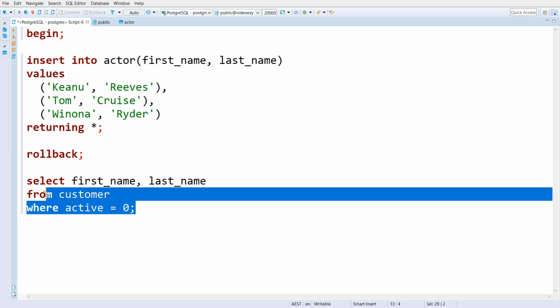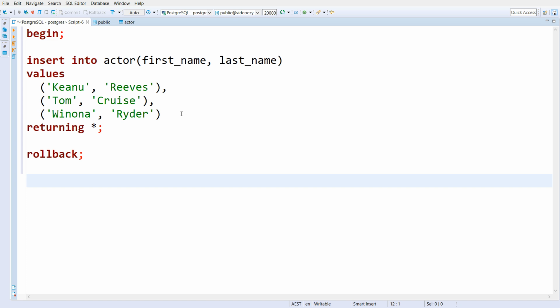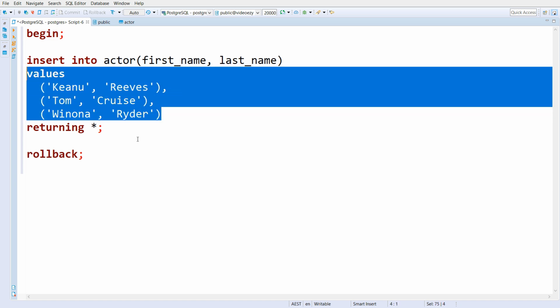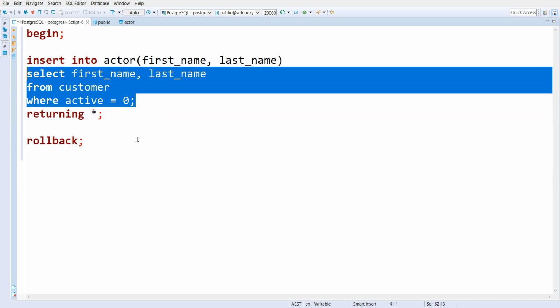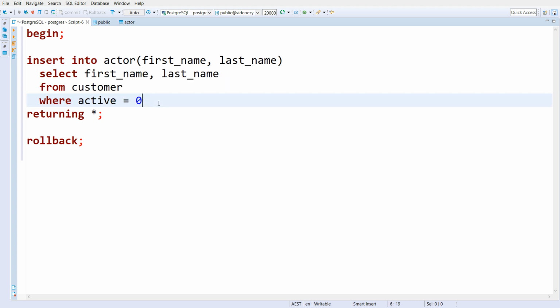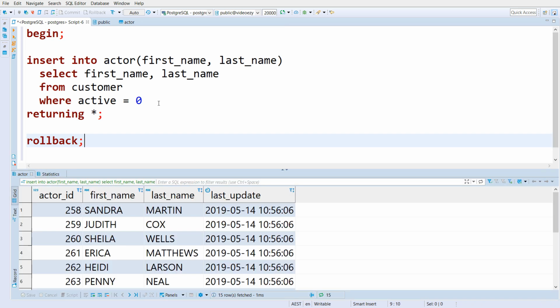What I can do is bring this query up, and instead of specifying the values, I can put it here. Indent it. And when I run this, what this will do then is insert into the actor table all of the results from that query. Let's run this as a script again. And we see that that inserts 15 new rows into the actor table, who get assigned actor IDs and last